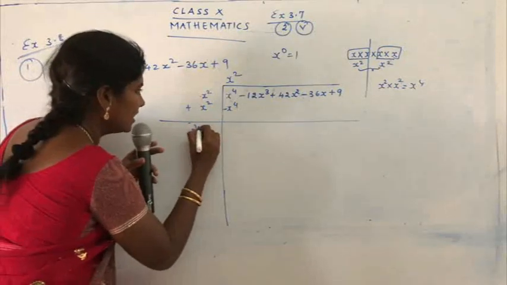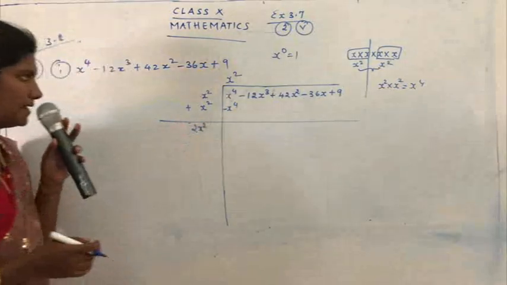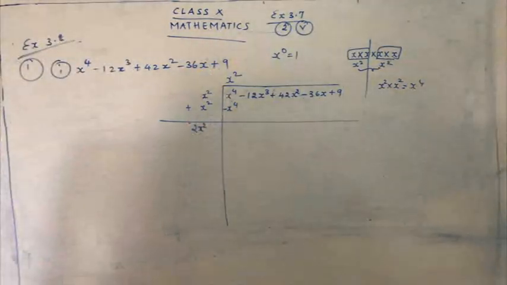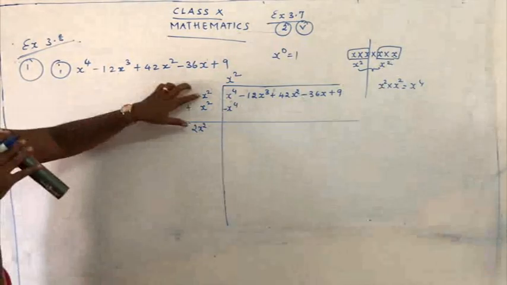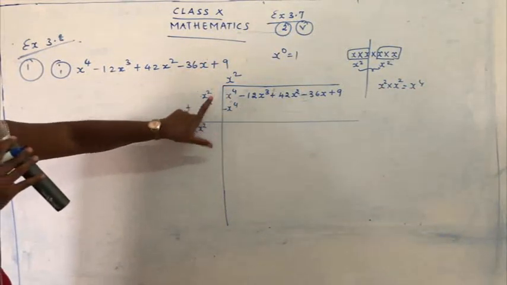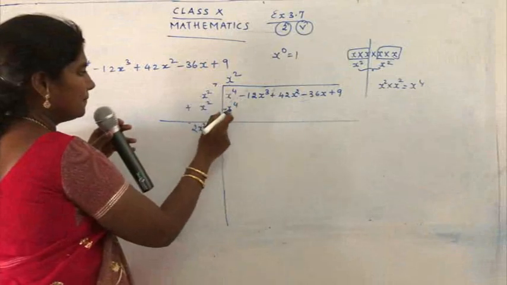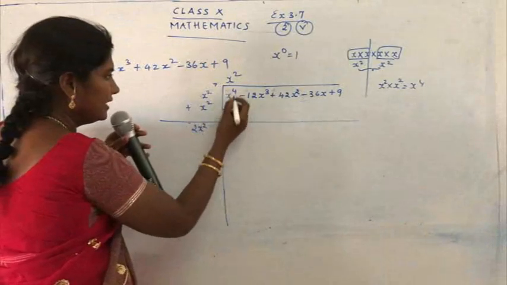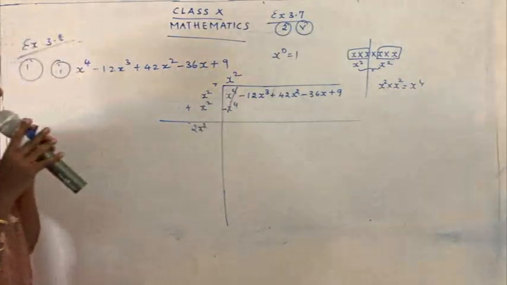So when you write, give some proper spacing so that the sum looks neat, okay? Once you see the sum, you will know that the sum is correct. We can come to know whether your sums are correct or not. Okay, so I have just added this x square part. So x square plus x square gives you 2x square. Now x square into x square was x raised to 4. So I subtract. The main sign is minus, yes? In division we do minus. So x raised to 4, x raised to 4 gets cancelled.